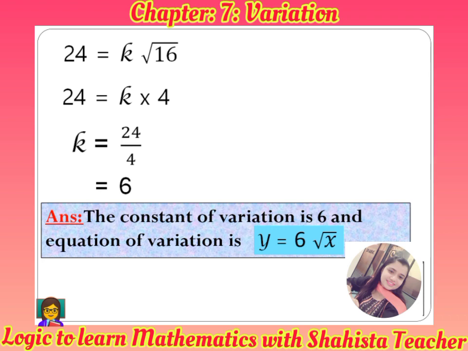So constant of variation is 6 and the equation of variation is y is equal to 6 root x. यानी कि आपको जो इक्वेशन था y इज इक्वल टू k रूट एक्स, वहाँ पर आपको k को रिमूव करना है और वहाँ पर k के प्लेस पे 6 को इंक्लूड करना है. This you have to remember when you are finding constant of variation and equation of variation. Okay, so simply the value of constant is 6 and the equation of variation is y is equal to 6 root x.